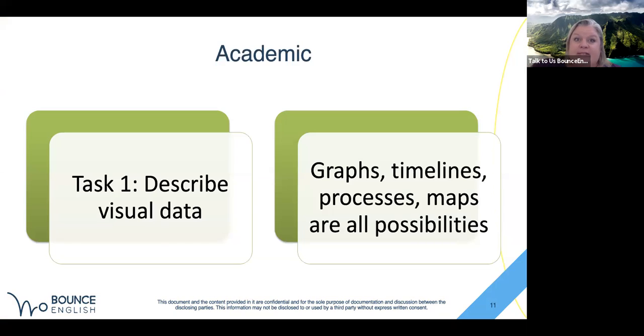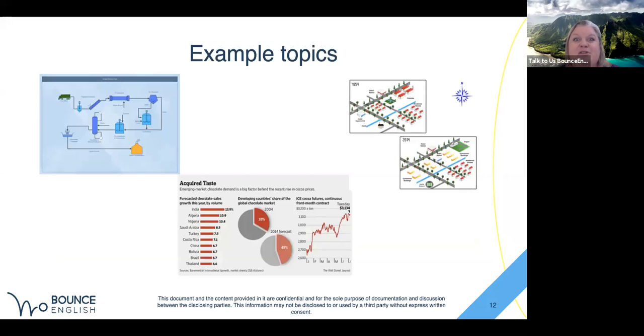And so for IELTS academic, what you do for task 1 is you describe some sort of visual data, which I'll show you an example of. And then you might have a graph, a timeline, a process, a map. These are all possibilities. Don't know what those things are? Well, guess what? I have some examples. So these are some really typical kinds of visual data you might get